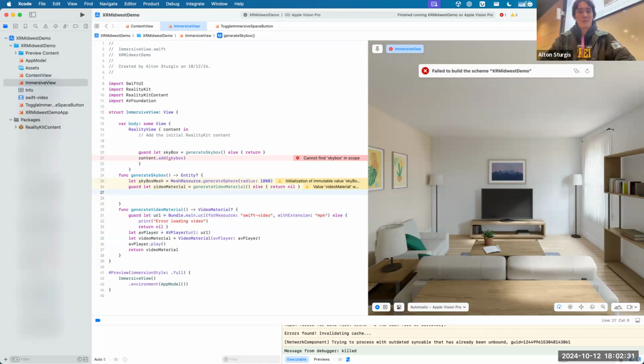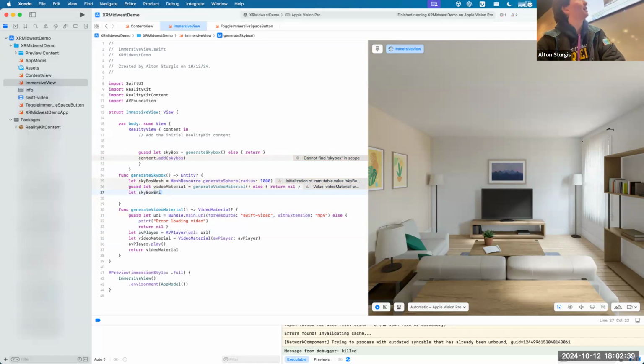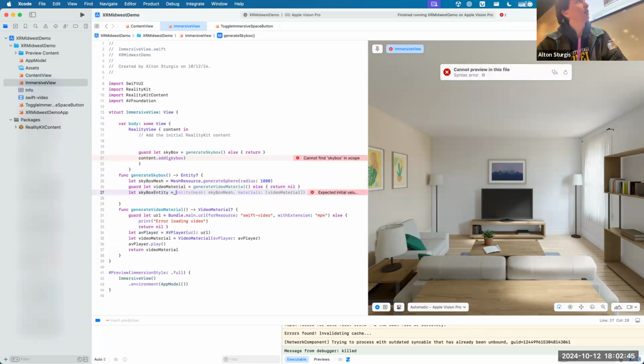So I'm just going to wrap up this generate skybox. Hopefully I don't need anything else. Yeah, I should be good. So I need to make some kind of entity because that's what I'm returning, so I can add it into the content rendering for RealityKit. I think I need,